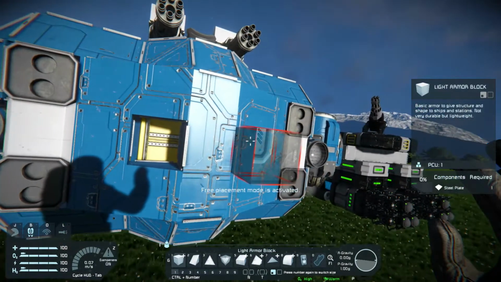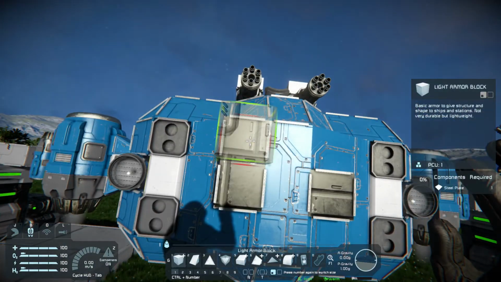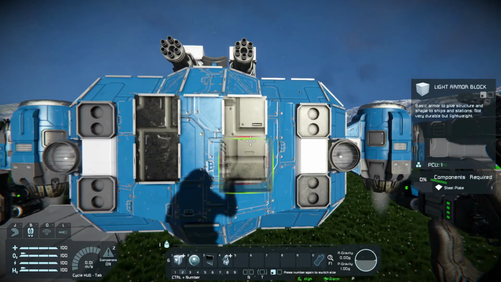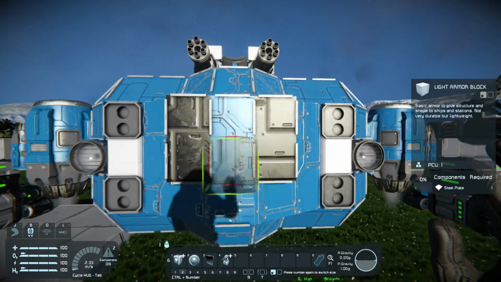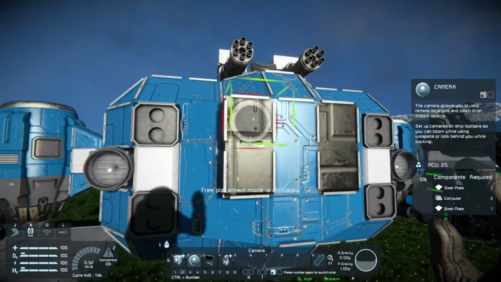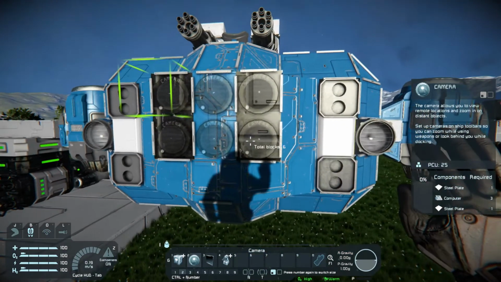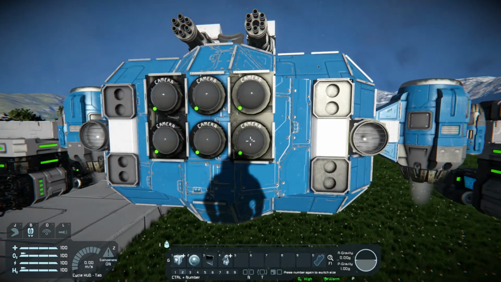Now we're going to need the cameras. The more cameras, the merrier. Whiplash recommends 1 camera for every kilometer you are planning on trying to lock onto a target, because they have a cooldown timer. So the cameras,